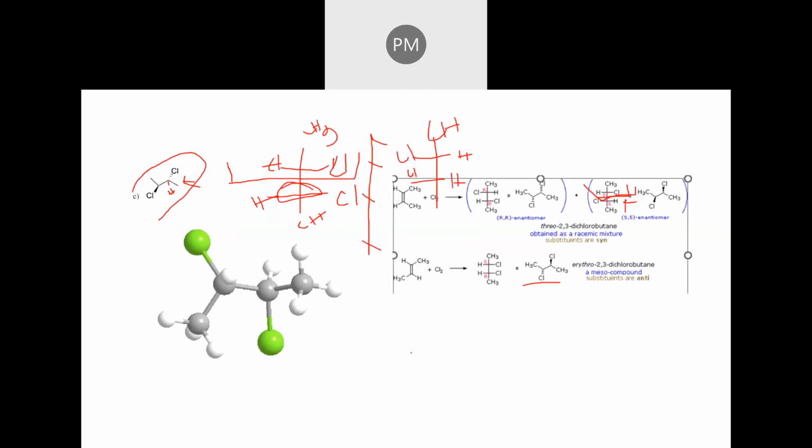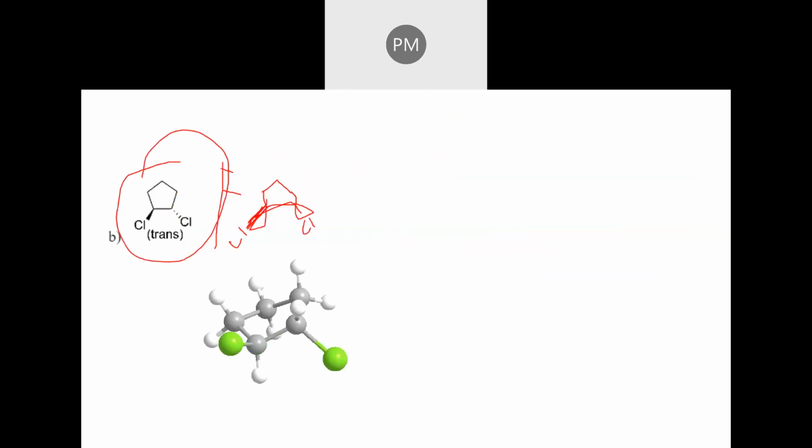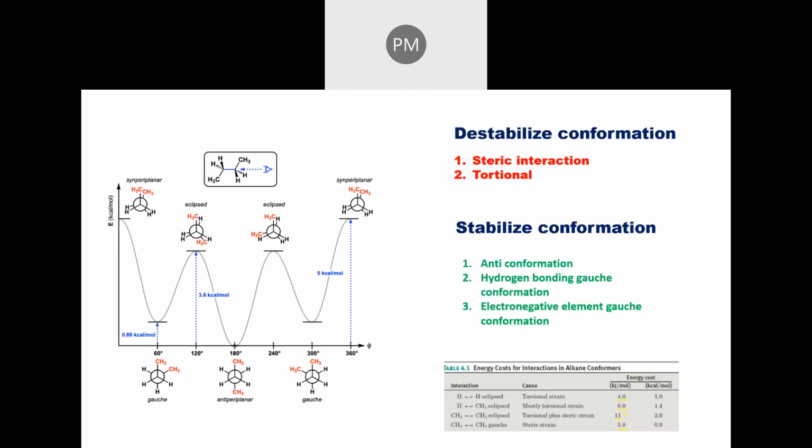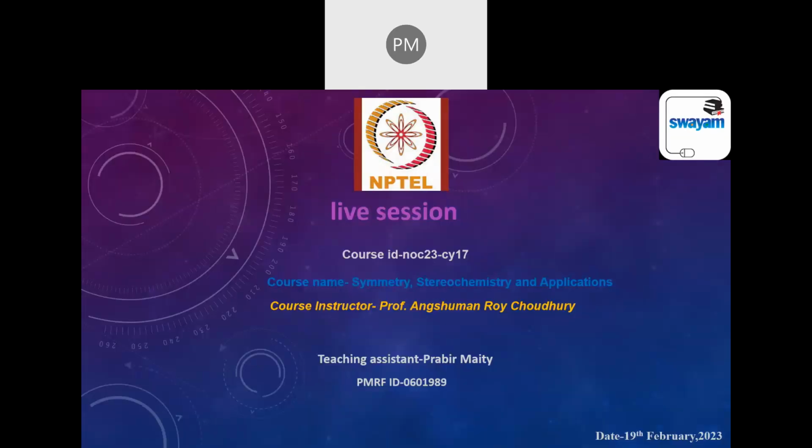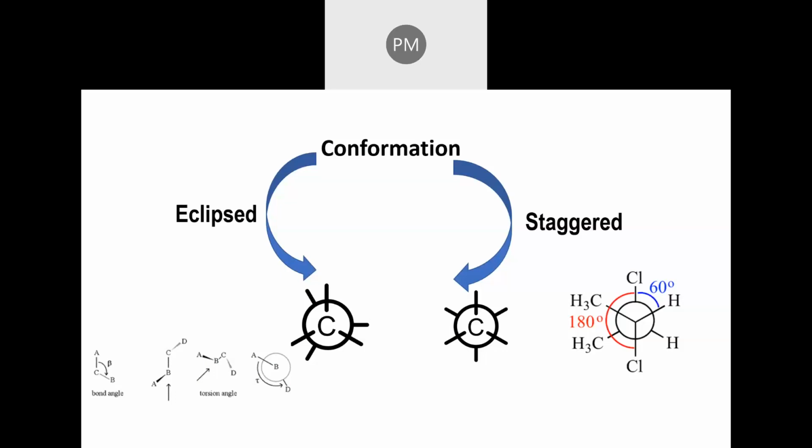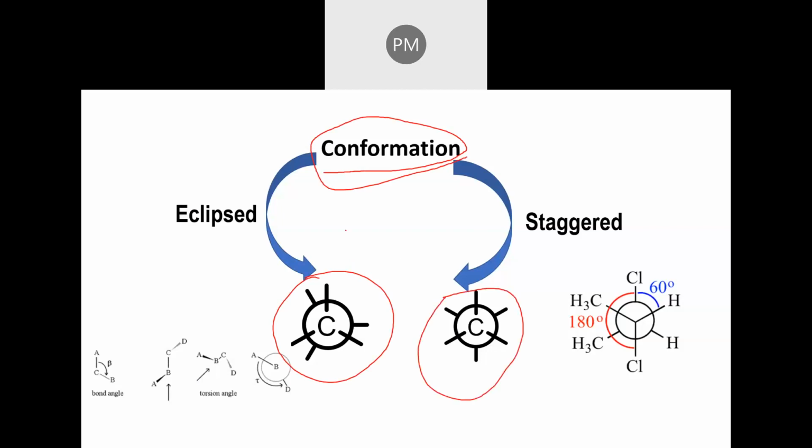So in this class we have to discuss that problem. I have summarized all of that from the past. In these classes we are mainly concentrating on conformation. For any conformation we have to make it in a Newman projection. So this one will be our Newman projection, for any molecule that is given here. Like if I give some molecule like that,